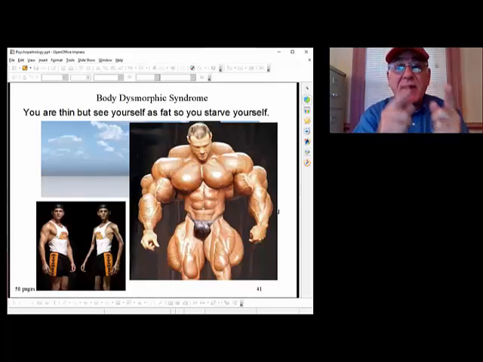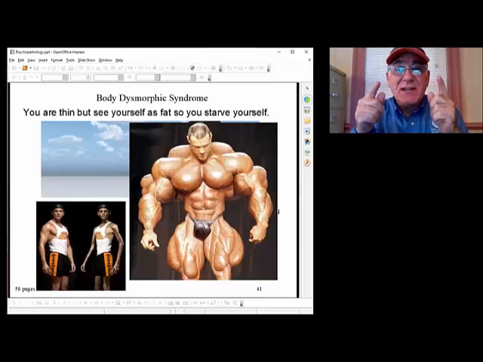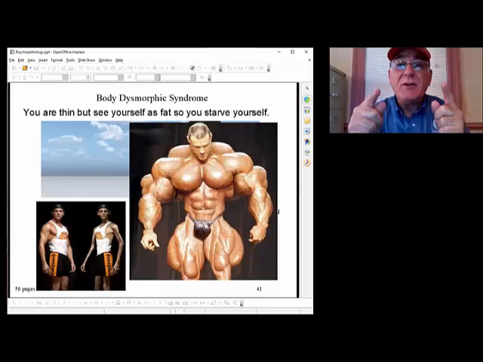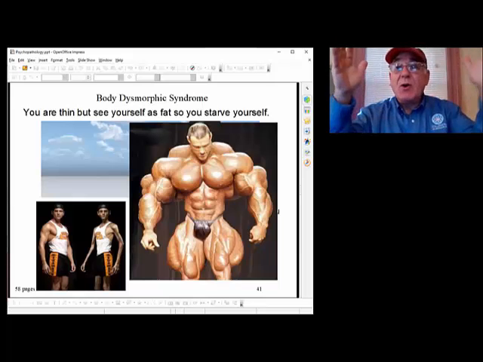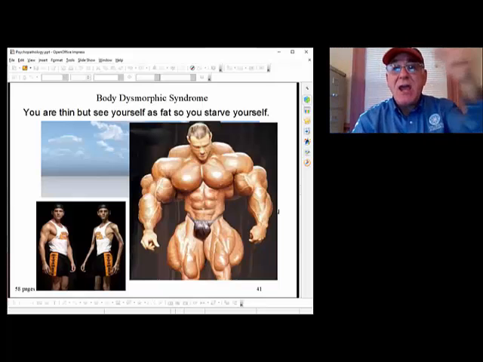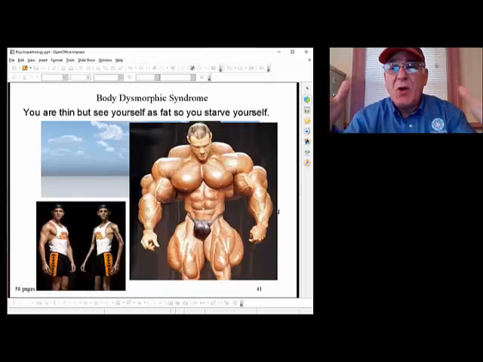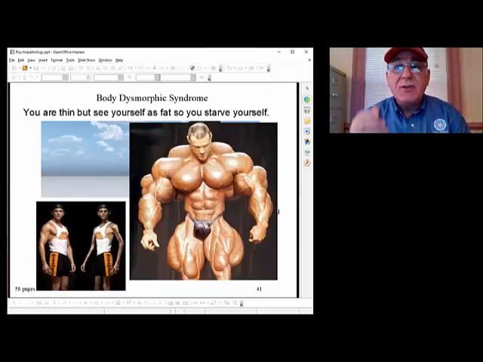it's not just their own view of how they look, because these people get up in front of others at shows and the world applauds them. Yay! Gives them gold medals, silver medals, bronze medals, and even if they don't win a medal, it's, hey, you look great, hooray! So they're getting applause and accolades from the world for their own psychological issue, body dysmorphic syndrome.